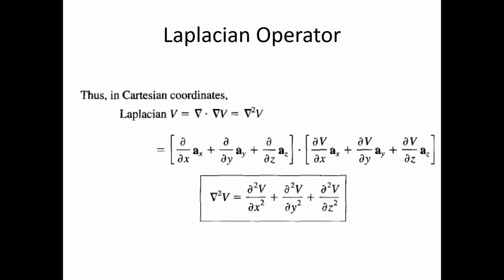Now, for both these equations, Laplace equation and Poisson's equation, you need to calculate del square V. So del square or del dot del, that is Laplacian operator. And these are the equations for Laplacian operator in the three coordinates. First is Cartesian coordinate system, del square V is equal to dou square V by dou x square plus dou square V by dou y square plus dou square V by dou z square. We should understand that Laplacian is a scalar operator. On operating del dot del you get a scalar quantity. So this is the equation for Cartesian coordinate system.